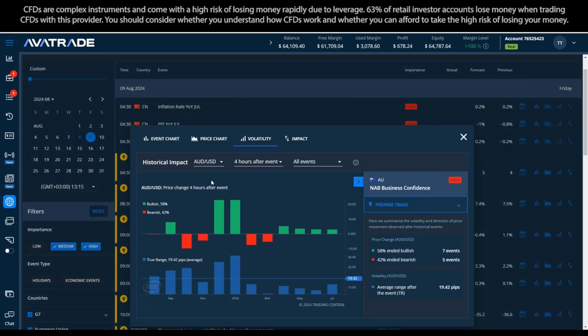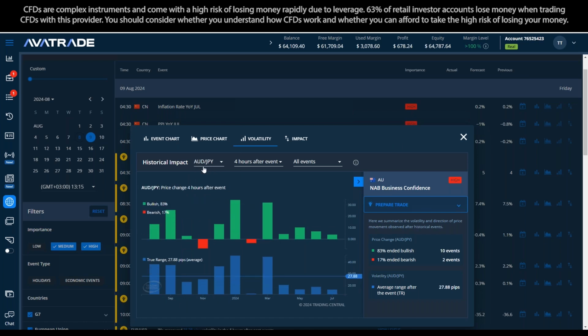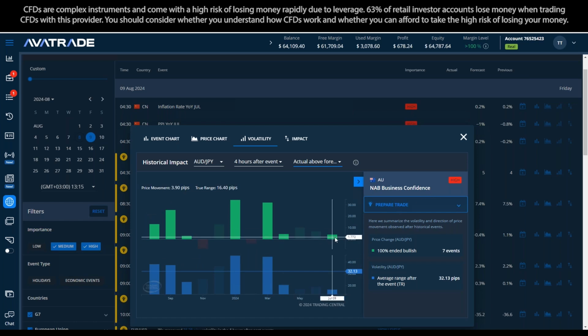If we look at the past data, I like the JPY pairings lately. You can check the different pairings to see what gives you the best statistics from the past. But you see right here, if I look at above forecast Australian JPY, if this business confidence comes in above forecast 100% of the time over the past year or so,